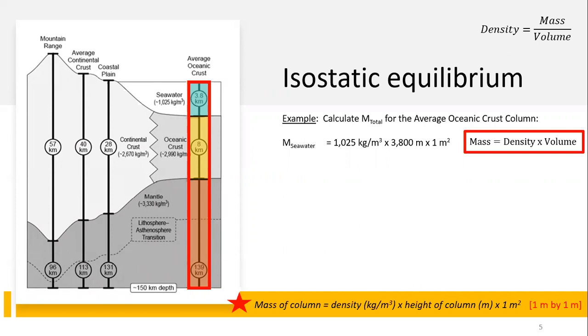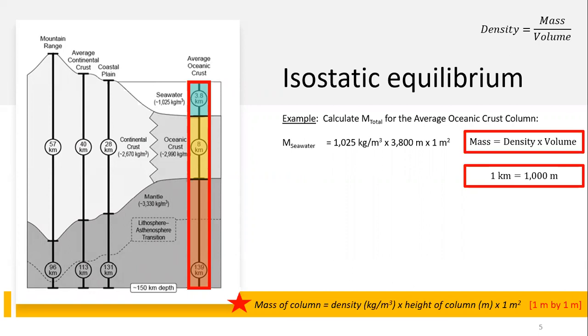Additionally, notice that our units of density are kilograms per cubic meter because our units are provided in this figure. Also, notice that the thickness of each layer in the figure is provided in kilometers. Thus, we will need to convert kilometers using the 1 kilometer to 1,000 meter conversion in our calculations. Thus, if we start with the top section of the average oceanic crust column, then we see that the mass